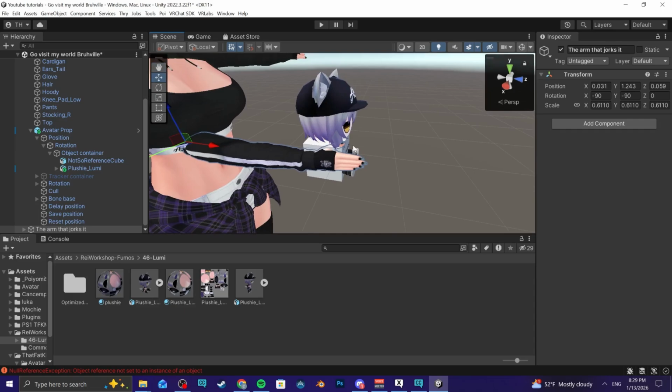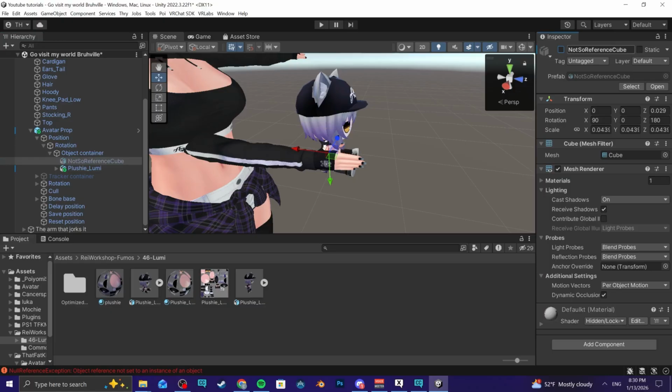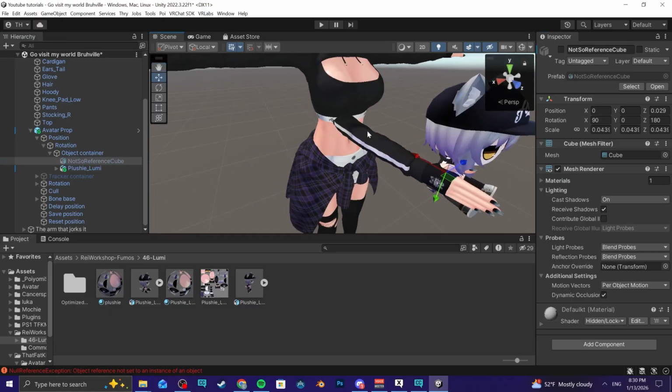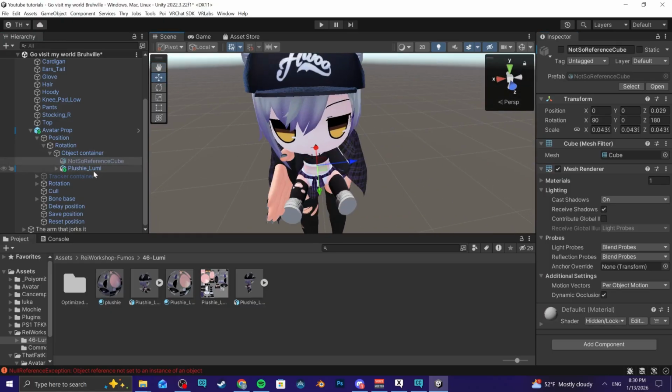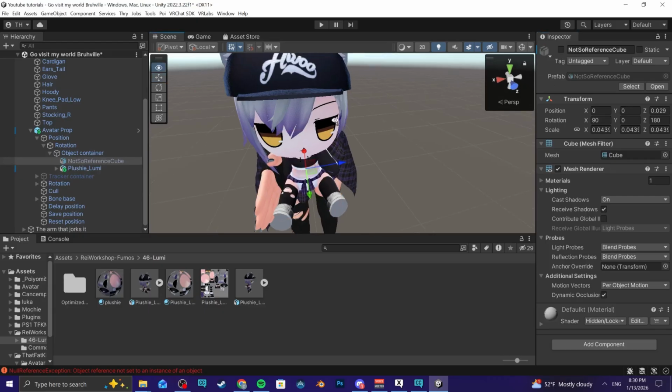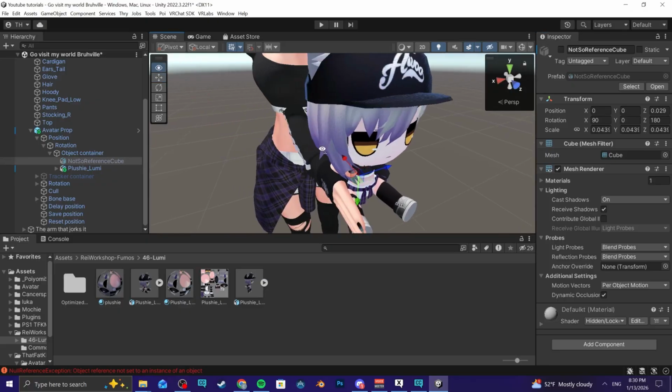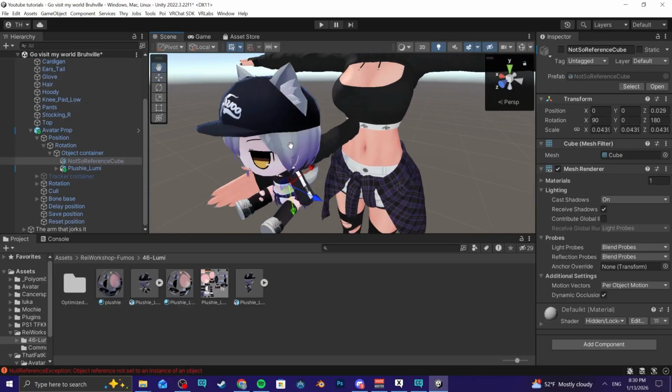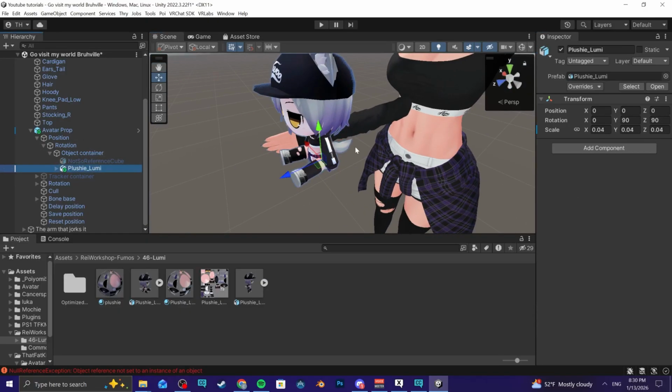So for a plushie, this isn't the best rotation, at least in my opinion. You might like it. I don't. So I'm going to change that. I could just disable the not so reference cube here. And this cube here doesn't get uploaded with your avatar, so you don't have to delete it. You can just disable it, and you'll be fine. It won't affect your performance stats at all. It doesn't get uploaded. But yeah, so I'll go to my plushie now, and I'll just adjust the rotation so